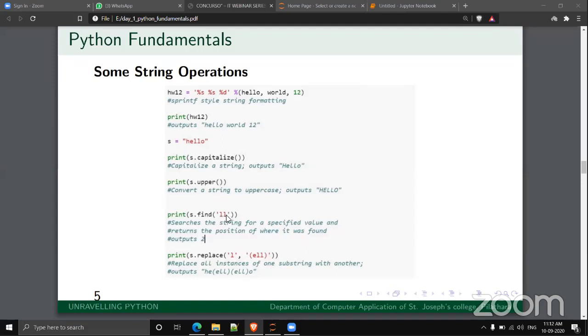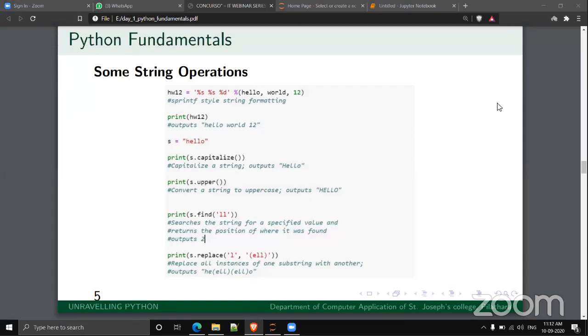So ll is the substring, and the position 2 is the starting position of the substring. Okay, thank you.